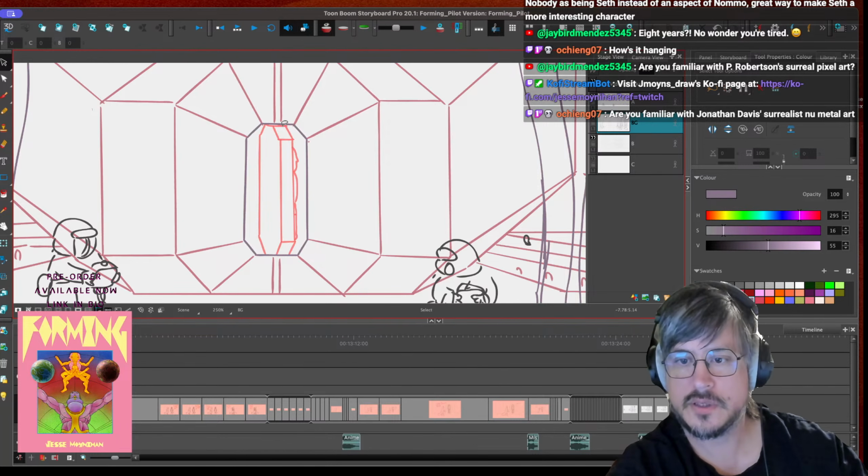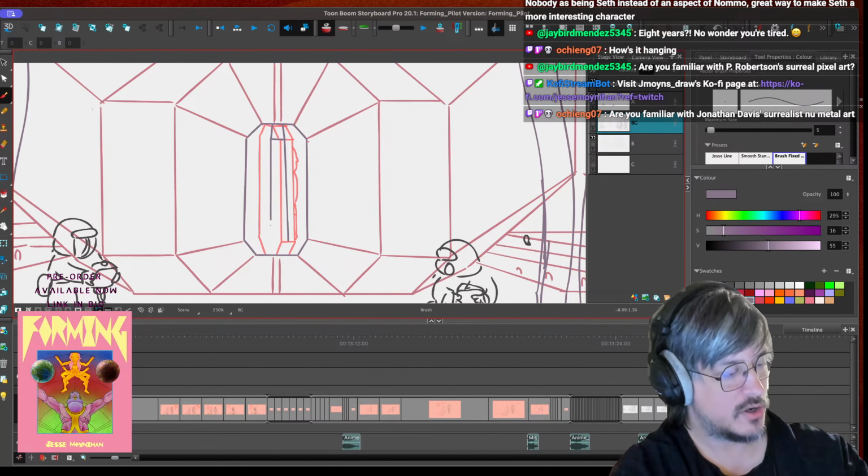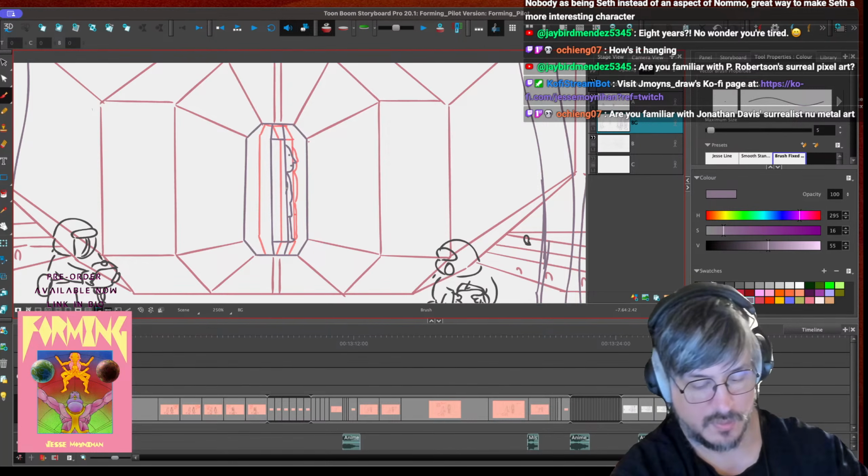Are you familiar with Jonathan Davis's surreal nu metal art? Do you consider... I mean, I guess Jonathan Davis had an H.R. Giger mic stand, right? Portions are all messed up, but...